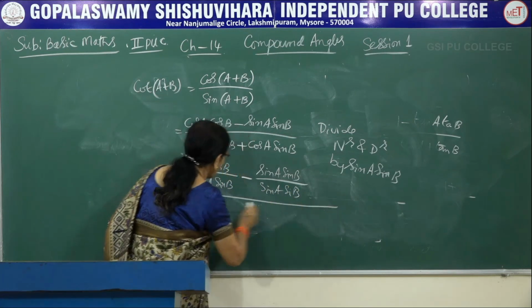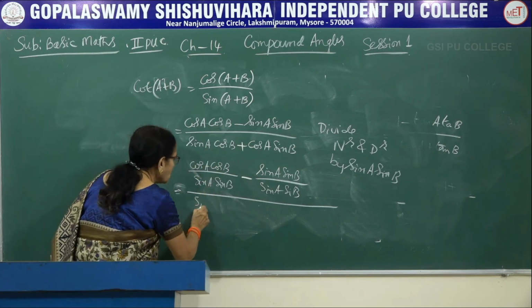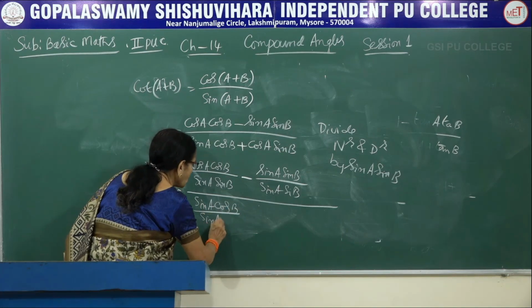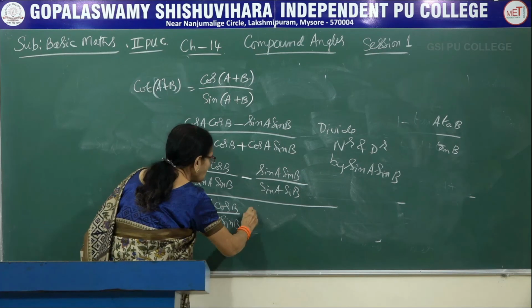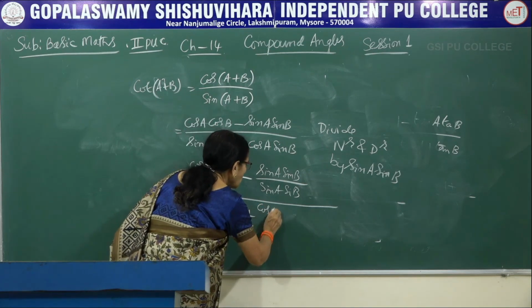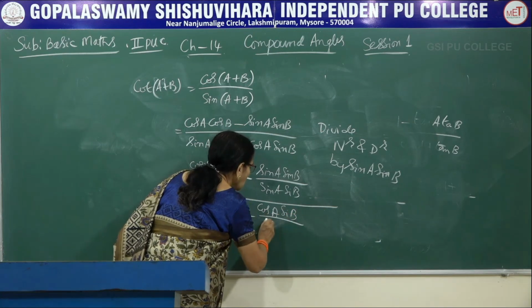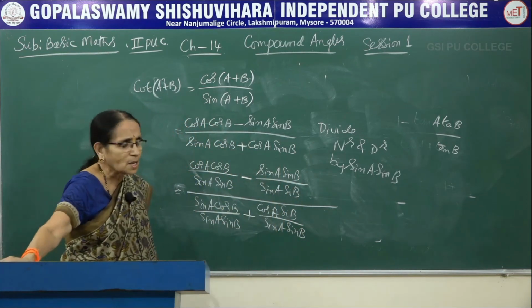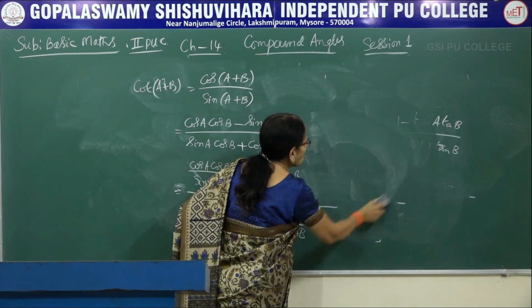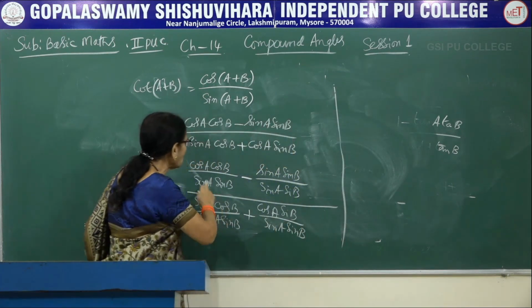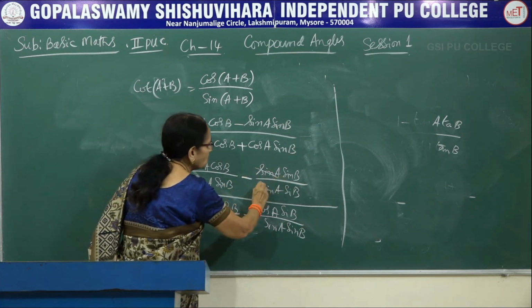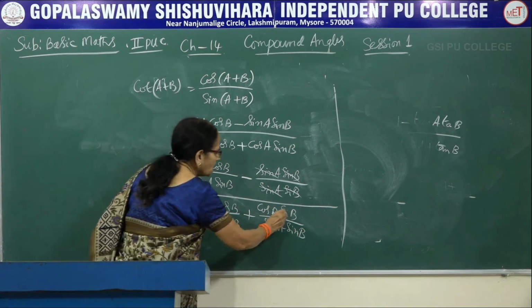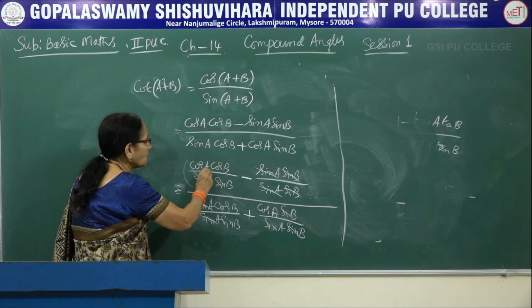Now whole thing divided by, what are we having here? It is sin A cos B divided by sin A sin B, and here cos A sin B divided by sin A sin B. Wherever it is possible to cancel, let me do the cancellation. What are the terms that are going to get cancelled? Look here, in the numerator, all the terms remain. Here sin A cancels, sin B cancels, so one remains there. Here sin A cancels, here sin B cancels. So we are grouping the terms like this.